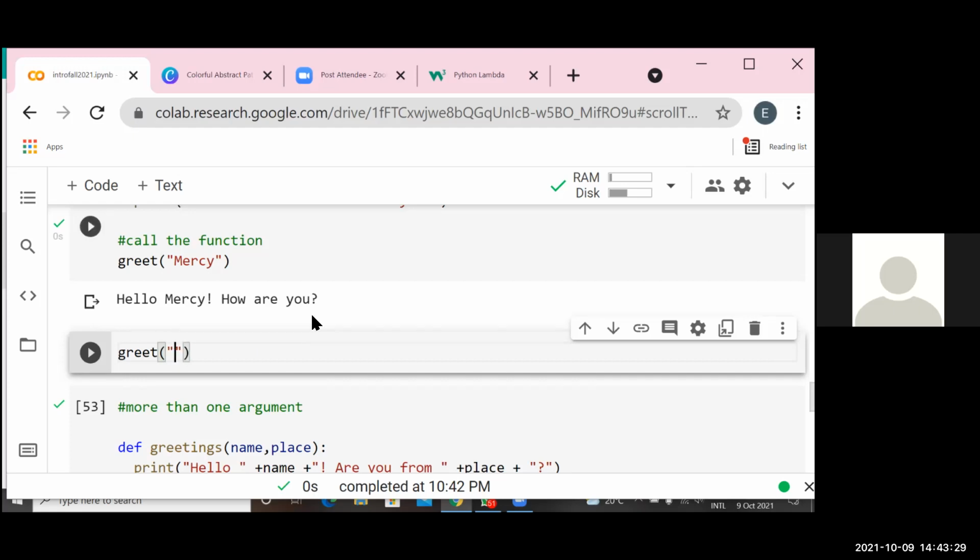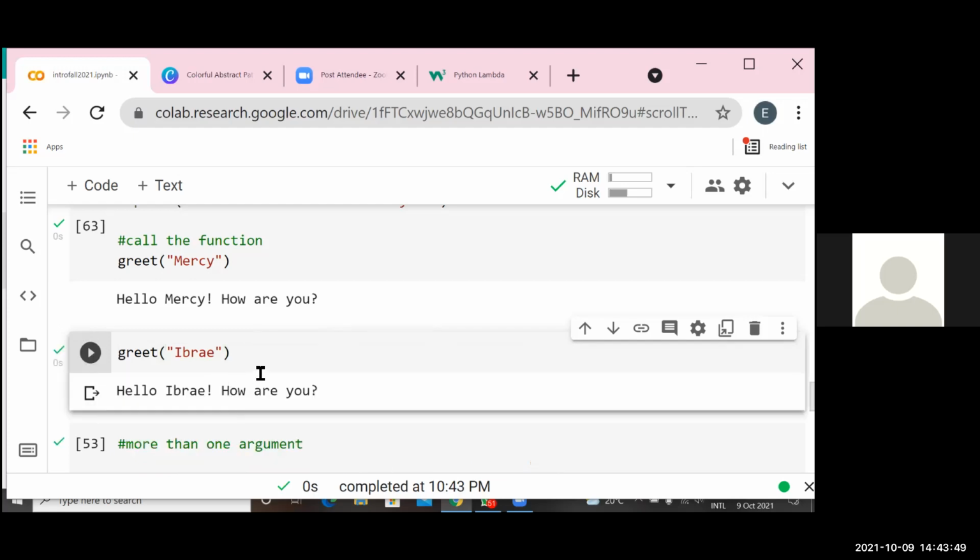Let's say we want to say hello to Ibrahim. So we have not repeated any of the code, we'd already defined the function. So we just type greet Ibrahim. If we just run this, it prints hello Ibrahim, how are you? So that is how we don't have to keep repeating something over and over again. Once you define the function, you can reuse it.